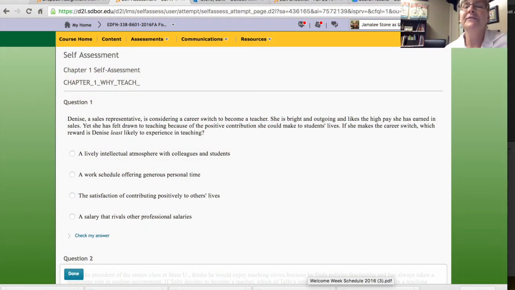With each chapter, you'll have several ways in which you can check your understanding and mastery of the content that you have learned. First off, you will have a self-assessment that is ungraded. However, the questions on the chapter self-assessments will make up the module 1, 2, and 3 assessments that you'll take after our first 5 and then 10 and then lastly 15 chapters. So I highly recommend that you take the time out each week to go through the self-assessments.